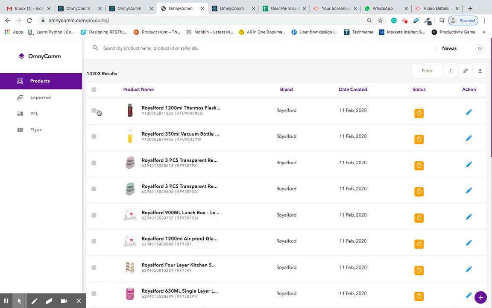In order to make the flyers, you have to go on omnycomm.com, and by default, you will come on the product section. So we have the flyer section that you can see on the left hand side here. But before I show you how the flyer section works, how we can actually make a flyer, I want to tell you a little bit about the products that you see here in front of you and how they sync